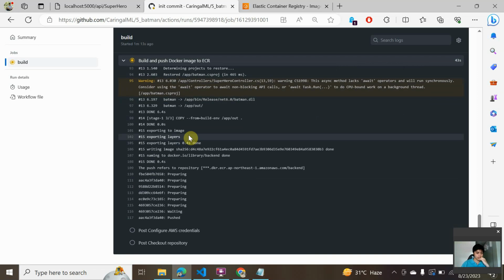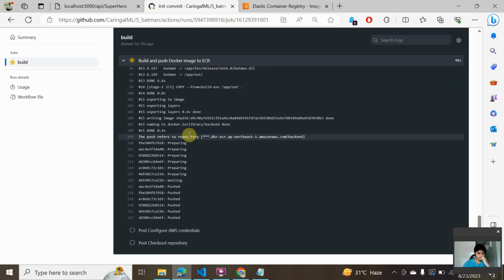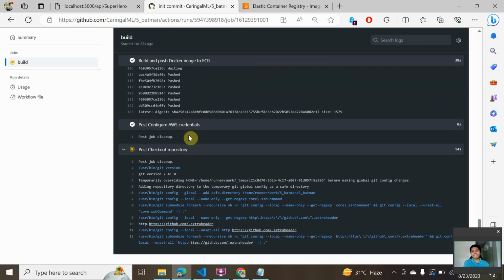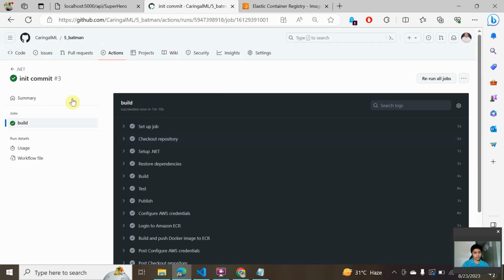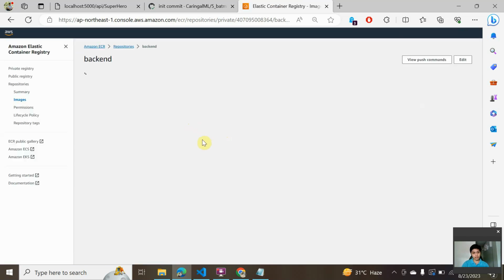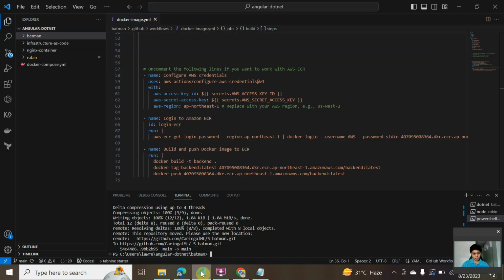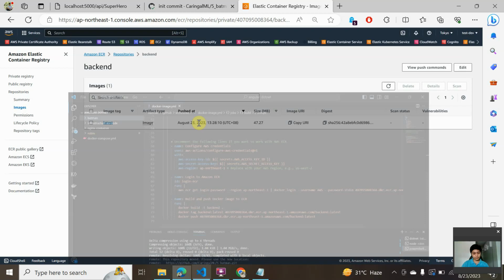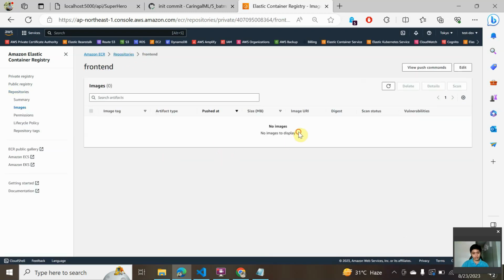Just need to wait. Okay, already green, so we can refresh this. Yes, this is our backend image, .NET Batman. Okay, very good. Come back. We can now push our front end